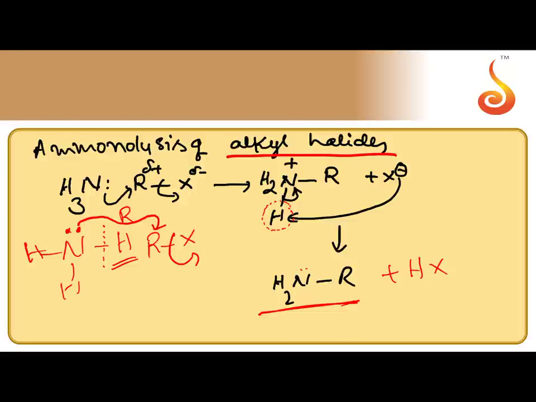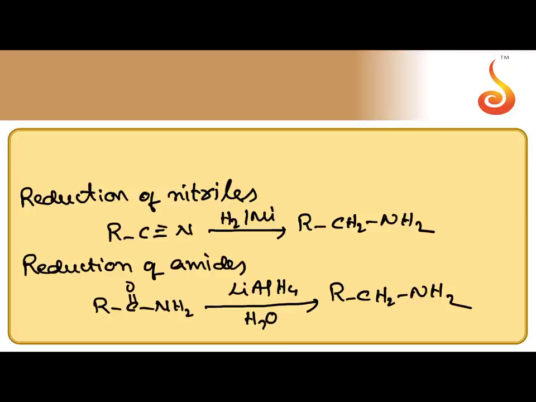producing RNH2, HX. So RNH2 also base. It also undergoes nucleophilic substitution reaction. If RX is there, one more hydrogen is replaced with alkyl group. Now RNH or 2 degree amine is obtained. So we keep on substituting hydrogens with alkyl groups. So we can get 3 types of amines. Finally, we can get quaternary ammonium salts also.